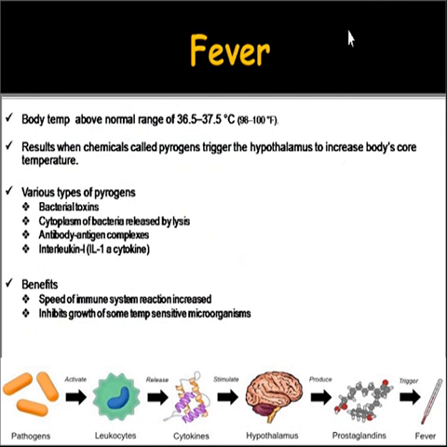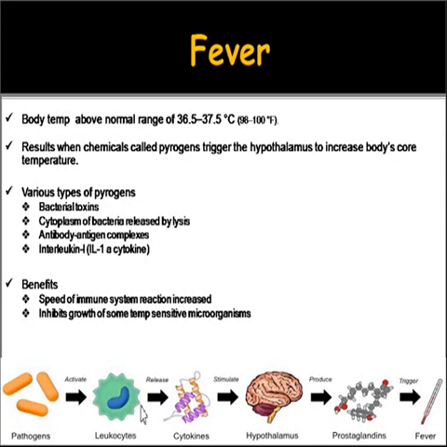Another one is a fever. This is also a protective response. Whenever there is an increase in the temperature above the normal range of 36.5 to 37.5 degrees C, it leads to a condition known as fever, and it results when chemicals called pyrogens trigger the hypothalamus to increase our body's core temperature. The process is like this: whenever a pathogen has gained entry, it